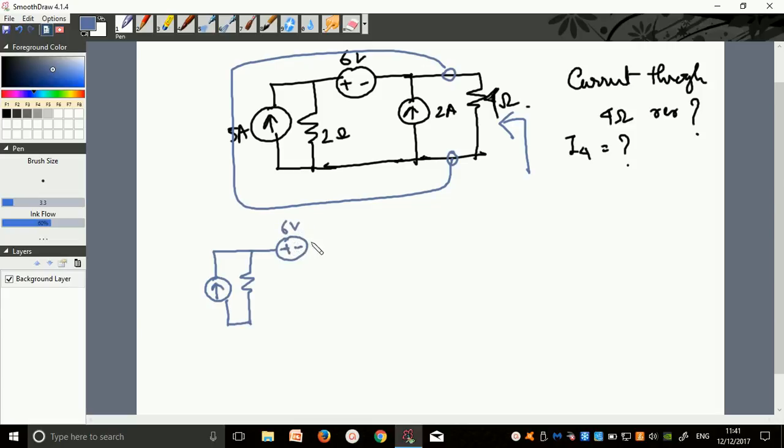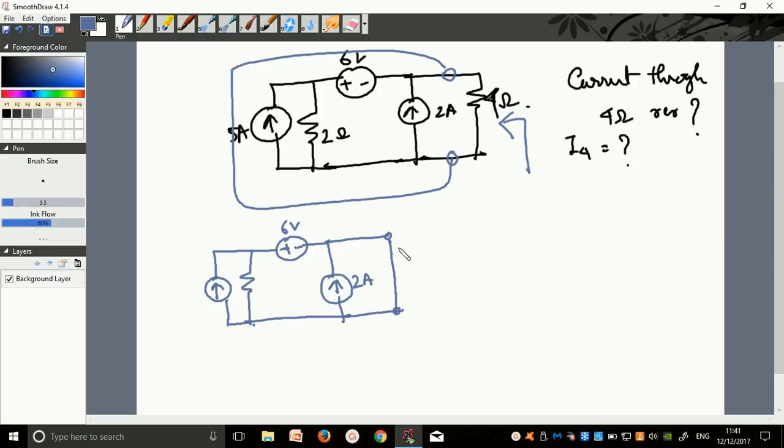One more thing that I should remind you, after you learn all the theorems, you are free to choose which one to use. Right now, this problem is being done through Norton's theorem. It can be done by superposition as well. It can be done by Thevenin's theorem as well. Then you are free to choose. Right now, I am doing it with Norton's theorem. So I will just short circuit this branch,